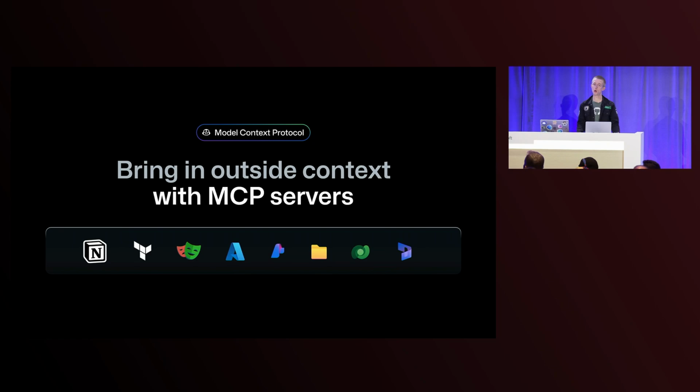A third nice example is the Playwright MCP server, which can be used to give the agent the ability to browse the internet. That could be useful for following URLs that might be included in an issue description, or even testing an application once it's been built, making sure that it does the thing that it's meant to do.